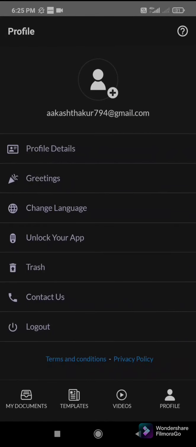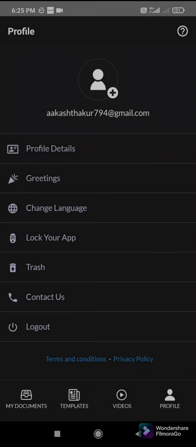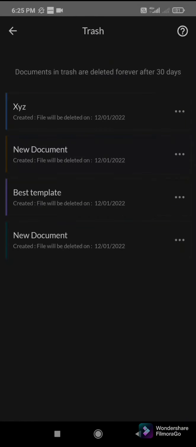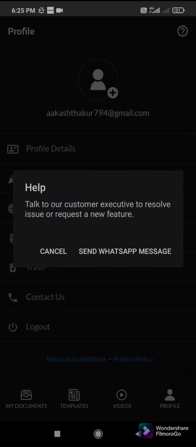I've already used the pin, but for people who are lazy and don't want to use the pin again and again, I think it's better for them not to use the pin. If you have deleted some files, they will come into the trash. These files I deleted already when I was using this. And these are the contact numbers. If you want to contact them, just send a WhatsApp message and they will reach out to you. You can also log out from here.